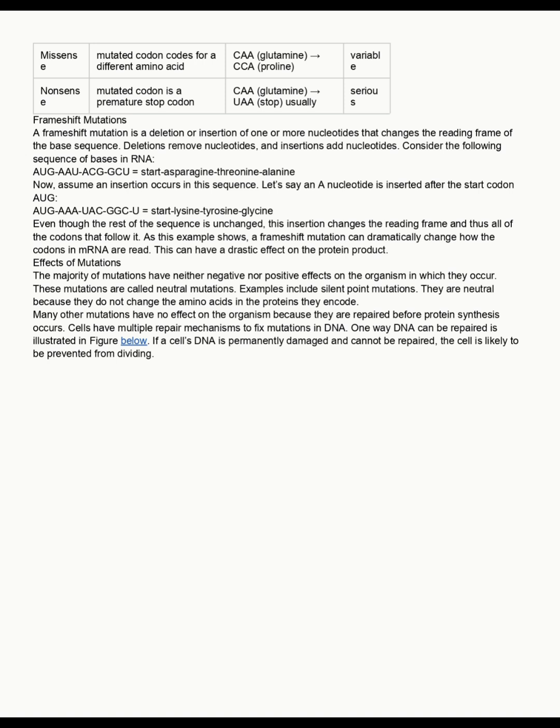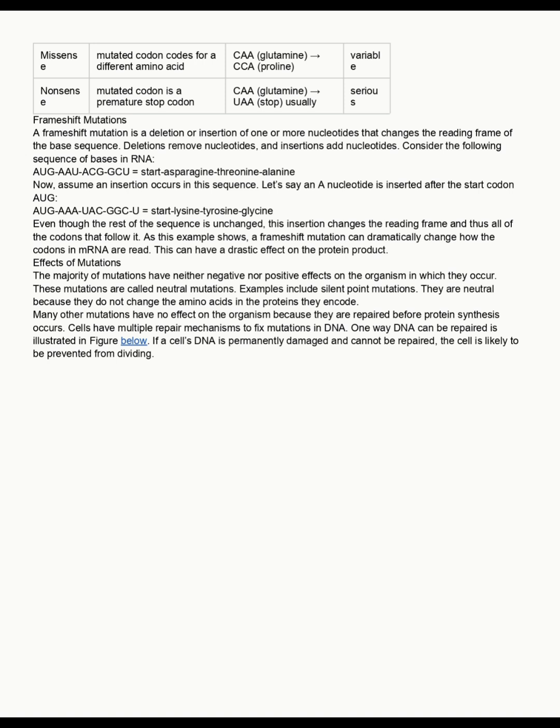Now, assume an insertion occurs in this sequence. Let's say an A nucleotide is inserted after the start codon AUG. AUG AAU ACG GCU equals start, lysine, tyrosine, glycine. Even though the rest of the sequence is unchanged, this insertion changes the reading frame and thus all of the